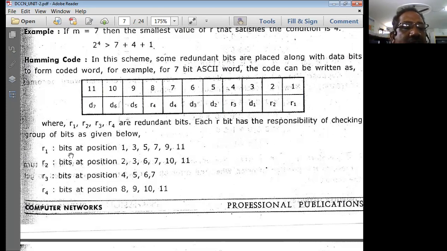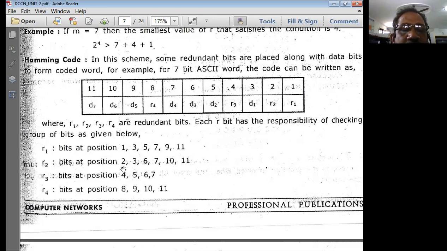Then let us come to the first, R1, filling up the entire bit positions to find out R1. Now here this is the first position. So we write first one, then leave one bit in between because it is at first position. 1, 2, 4, 8 code. Leave one bit, write one bit. Leave one bit, write one bit. Like that. First of all, written first bit, discarded second bit, 3 written, discarded fourth bit, 5 written, discarded next bit, 6, 7 written, discarded next bit, 8, 9 written, discarded 10, 11 bit.